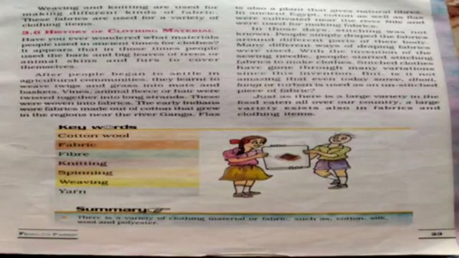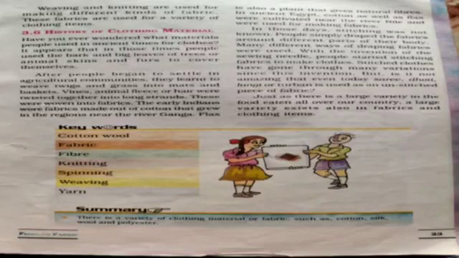After that, the early Indians also wore fabrics made out of cotton grown in the region near the river Ganga. Then flax is also a plant that gives natural fiber, and in ancient Egypt cotton as well as flax were cultivated near the river Nile, and they were used for making fabrics. But in those days stitching was not known, so people simply draped the fabrics around different parts of their body, and many different ways of draping fabrics were used.